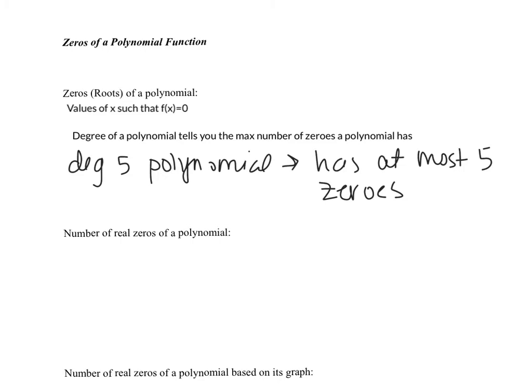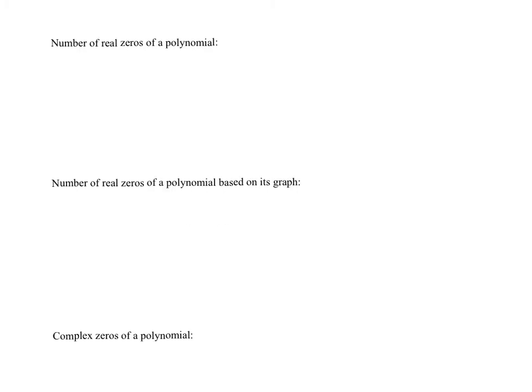They could all be real, or most of them could be complex, which is what we're going to talk about now. Next is how to determine if you have real zeros or complex zeros. So if you want to know the number of real zeros of a polynomial, it depends on if it's an even or an odd degree polynomial. So let's first talk about an even degree polynomial. If you have something that is an even degree and you want to know how many real zeros it has, it's either going to have 0 or an even